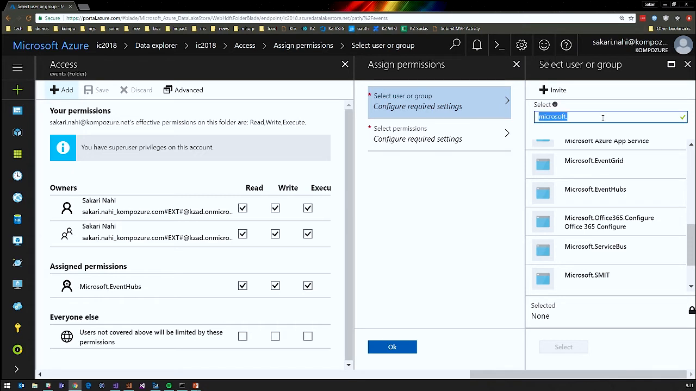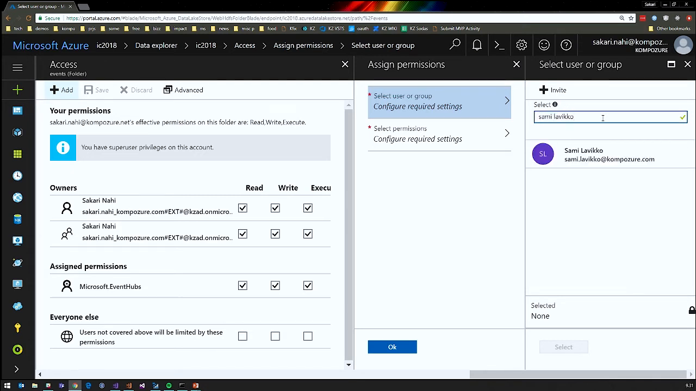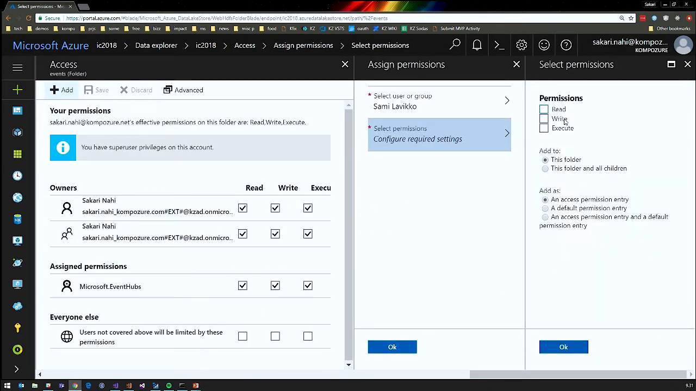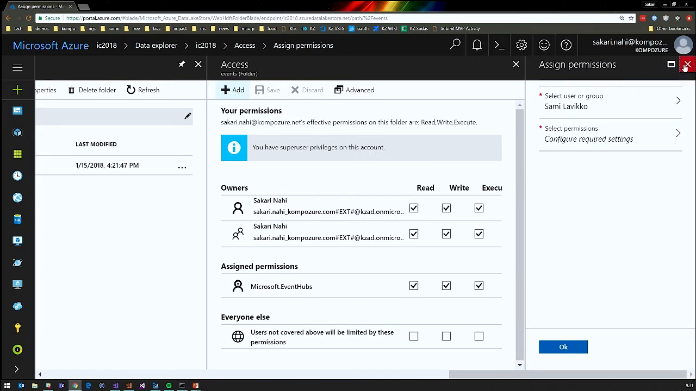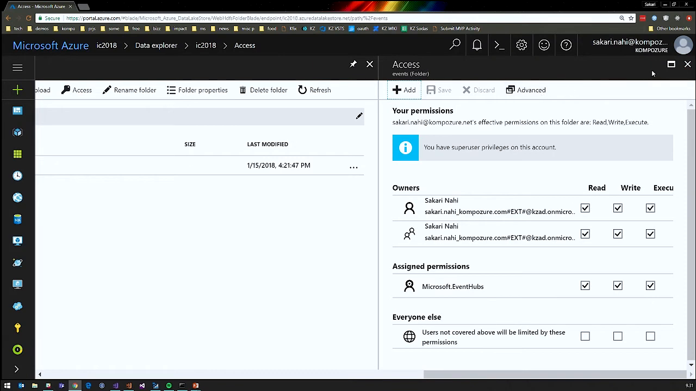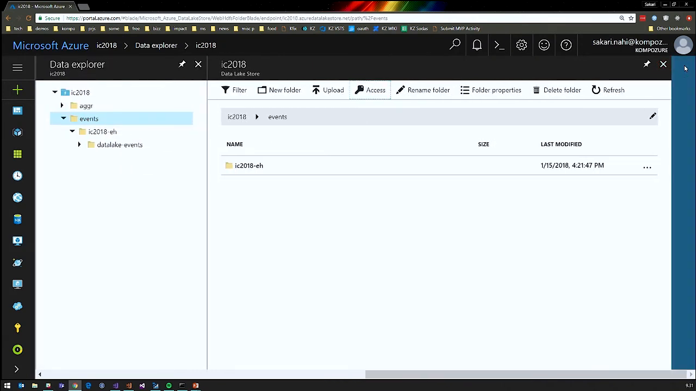And then I'm going to give Sami Lavikko access. So I found this user, and there's Sami, and I can give him access to this folder. So let's do that. Let's select Sami, and then we choose permissions: read, write, execute on this folder, and all children, and stuff like that. And it's the same for those files you're going to see soon. So that is pretty handy, and of course that's totally API manageable and all of that stuff. So you can really go to town with making a secure